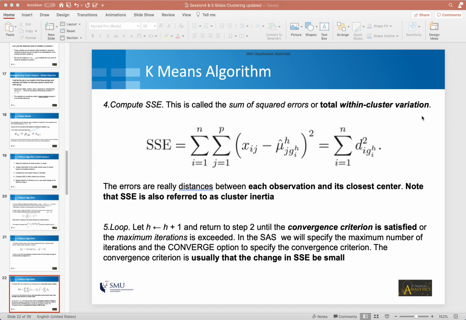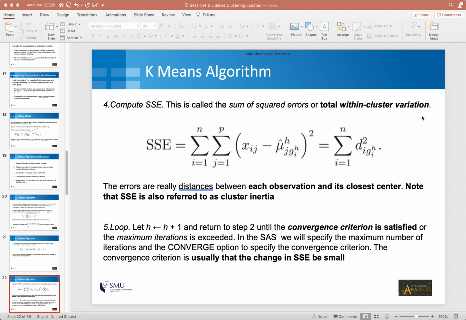When we think about this in terms of variation, what we are saying is that the total within-cluster variation should be minimized. So what we're really doing is looking at the k-means clustering problem as an optimization problem, essentially, where we are minimizing the total sum of squared errors.